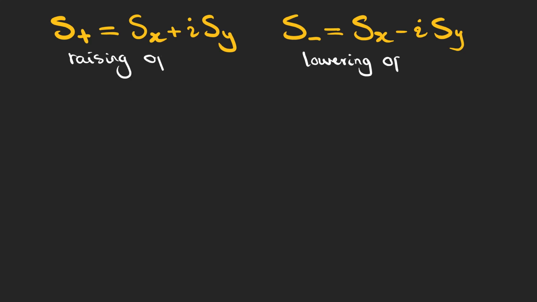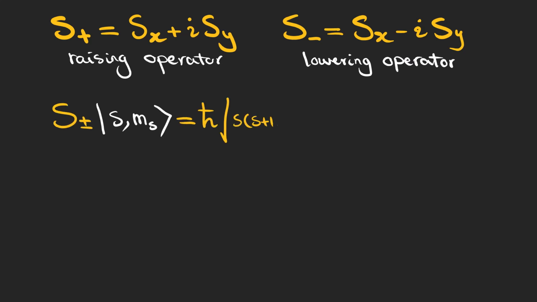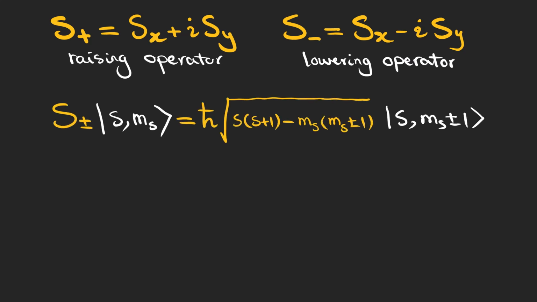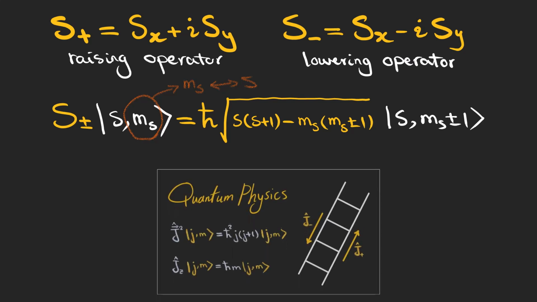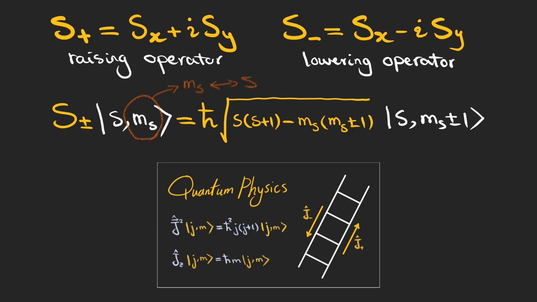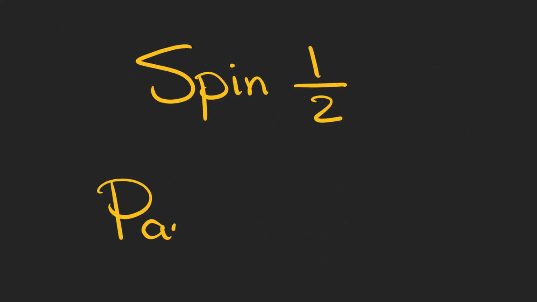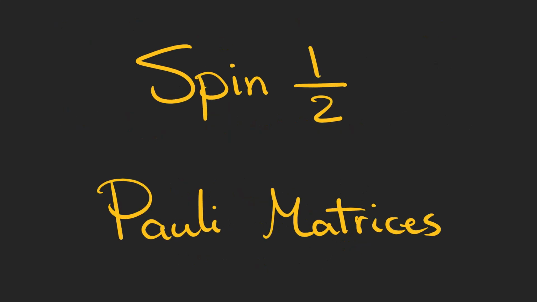These are called raising and lowering operators, which we use to manipulate m in the ket using the simultaneous kets we talked about earlier. Pay attention that here I have used ms to show that this number is associated with spin angular momentum. For orbital angular momentum, we use ml. If you want to know how we came up with all of these relations, I suggest that you watch this video later. But now we are going to talk about spin half, which is a very common case, and also Pauli matrices that are used to represent the spin operator.